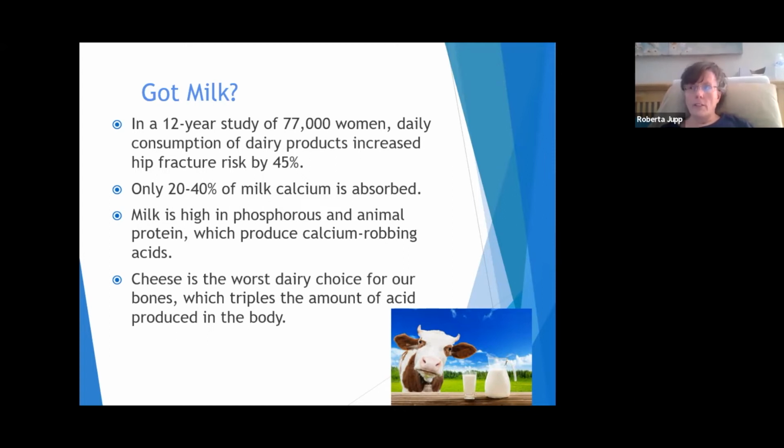We were all raised to think, oh, we all need to drink milk. But when we look at countries where people nurse when they're babies, but after they stop nursing they really don't drink animal milk, they don't have the hip fractures. So it's really worth looking into and studying ourselves to see who is right. Is it the dairy industry that heavily promotes the dairy products, or is it the studies around the world that compare who's got the most hip fractures, who has the most osteoporosis, and what did they eat?